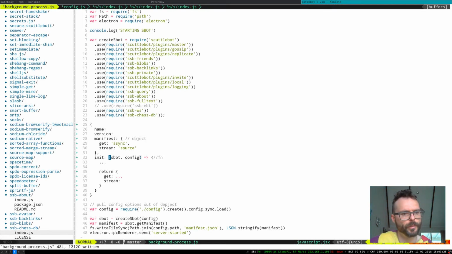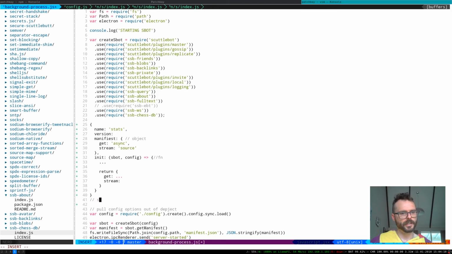I think I had some trouble getting this set up. But now that you've got that context, let's go look at how Happy Zero has implemented that with chess. What you need to know about SBot is that it's the Scuttlebutt as it's been created, and each of these plugins is attaching methods to that Scuttlebutt. So you need to be careful about some name collision stuff, but we expect that if this has a name like stats again, then